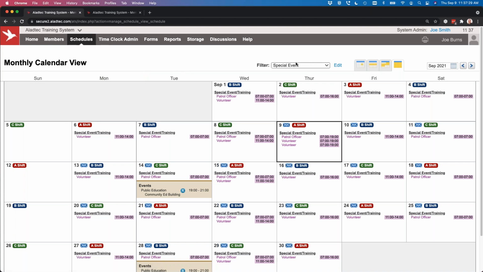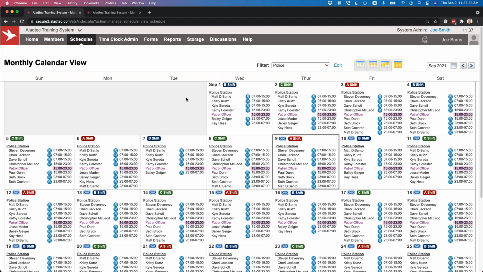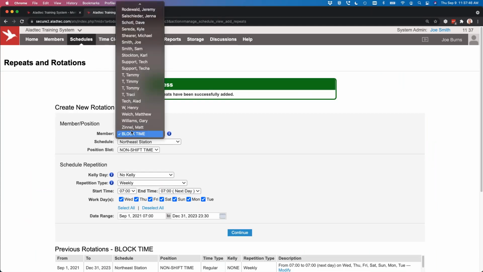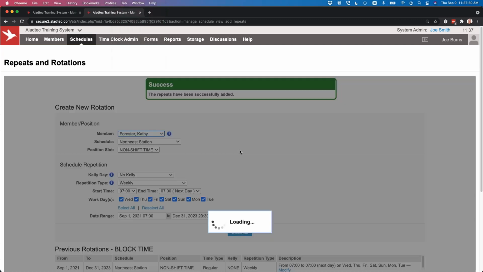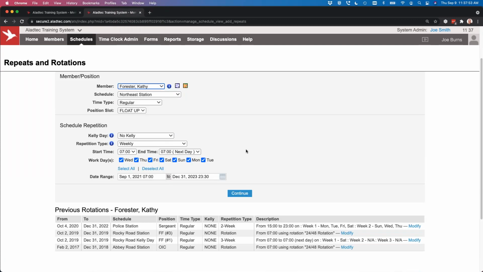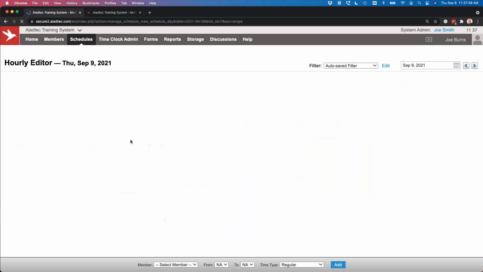Let's show another example of that overlapping thing. That's a really cool trick that I really think is helpful. We're going to use a police station here now. And we're looking at, let's see, we're going to look at Dunn here, or Forrester. I don't think she's on there. Oh, she is on there. Okay. Let's go look at the schedule for the police officers here